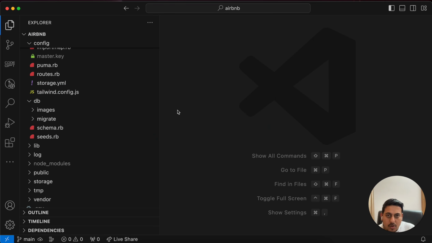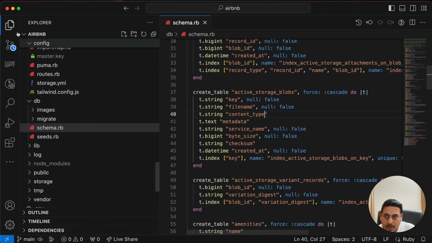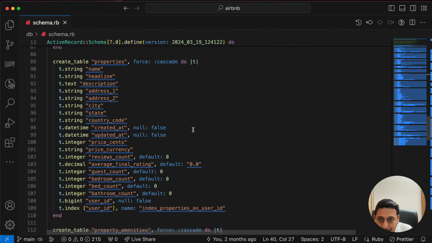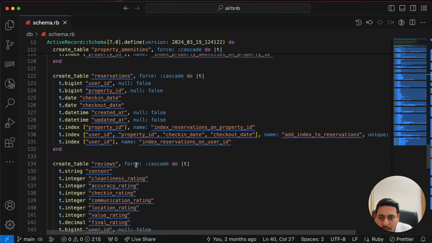So let's go and check our schema first. Even if now we are not able to fix this in this video directly, it's a good mechanism to check what all things we can fix. In reservation we have property ID and this. And what about